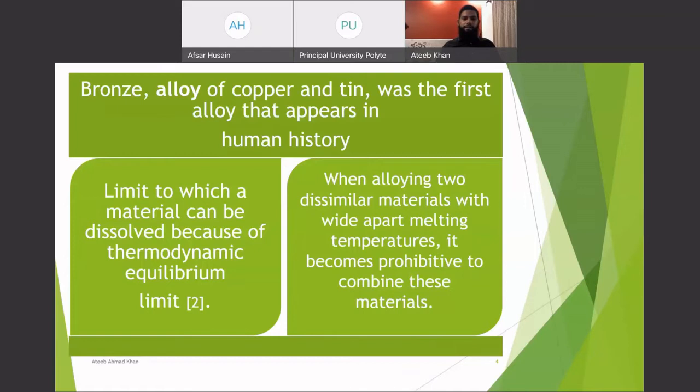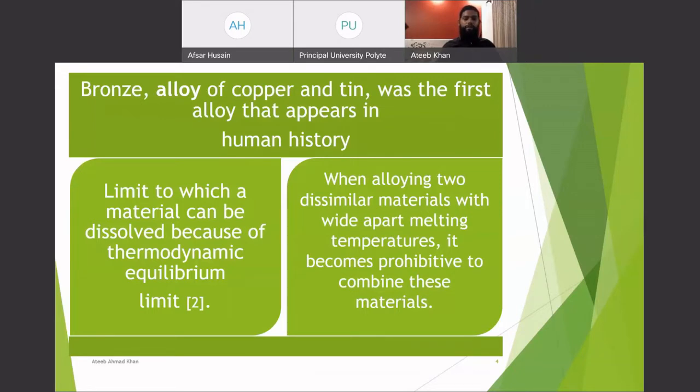But having said that, there are some issues associated with alloying. The first limitation is that there is a limit to which one material can be dissolved into another material because of the thermodynamic equilibrium limit. Keep in mind that this mixing is on the atomic level, basically on the micro level. The other limitation associated with alloying is, suppose you have two materials, material A and material B, and their melting points are very wide apart. When the melting points are very wide apart, it is almost impossible to make an alloy